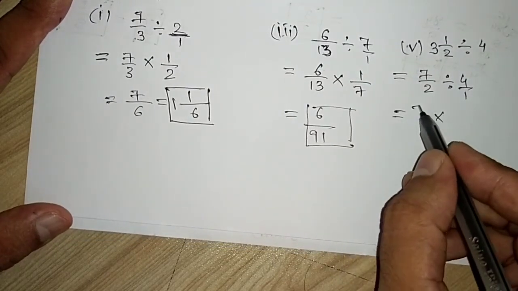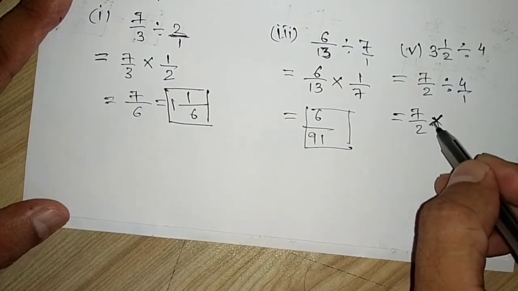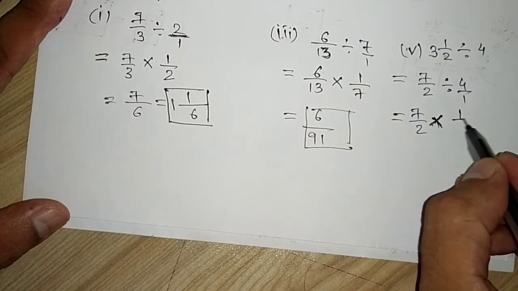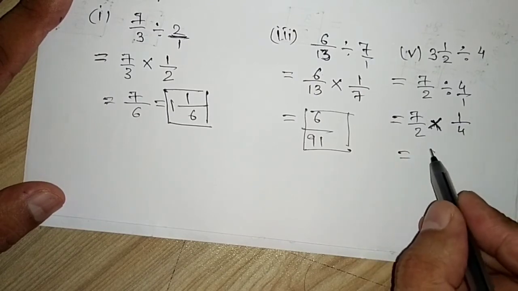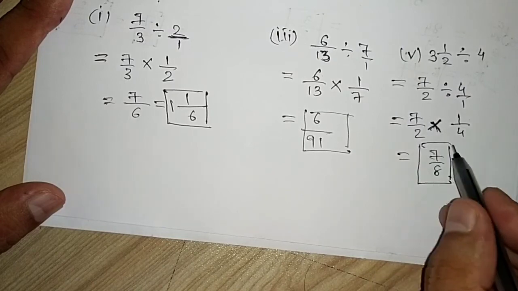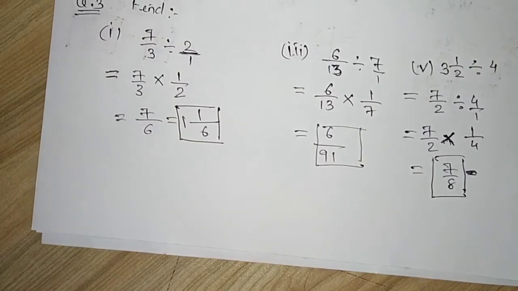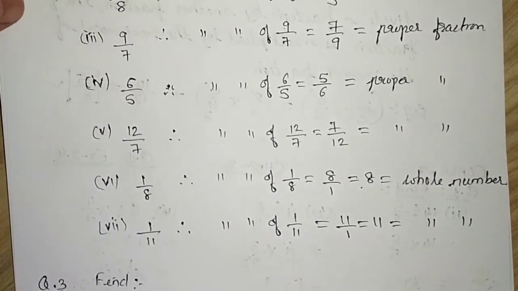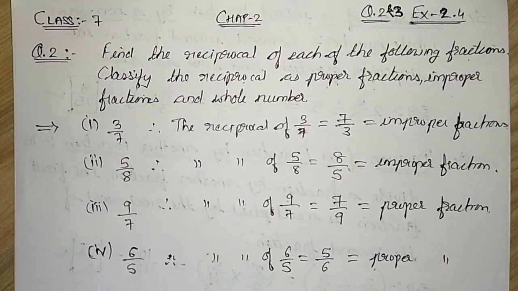Now, dividing the fraction by a whole number, what do we do? Multiply the fraction by the reciprocal of the whole number. So we will get 7 1s are 7 and 2 4s are 8, 7 by 8, which is a proper fraction, so we can write 7 by 8 only. Hope you have understood this question. The rest 3 you will be solving on your own. If you have not understood this question, please go through the introductory lecture so that you can understand properly.